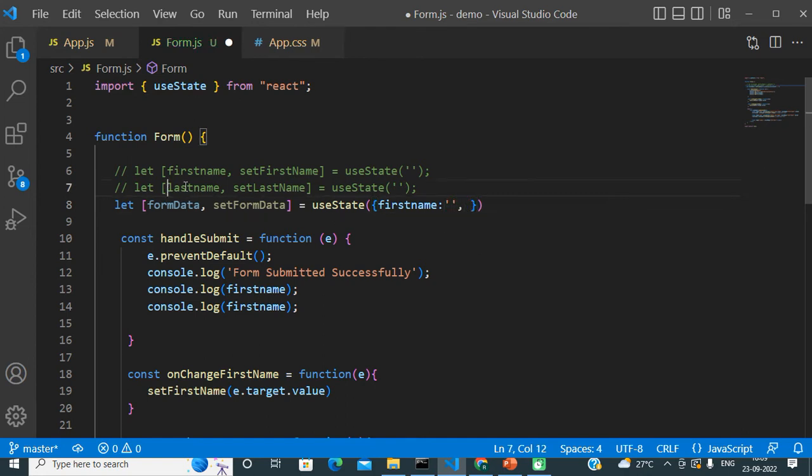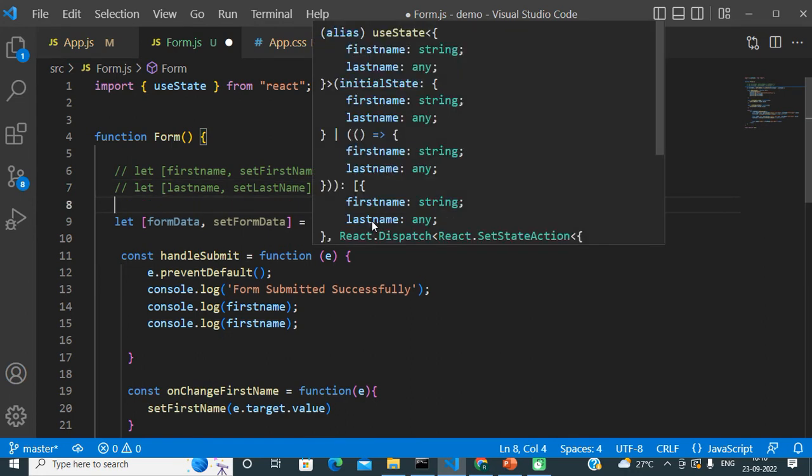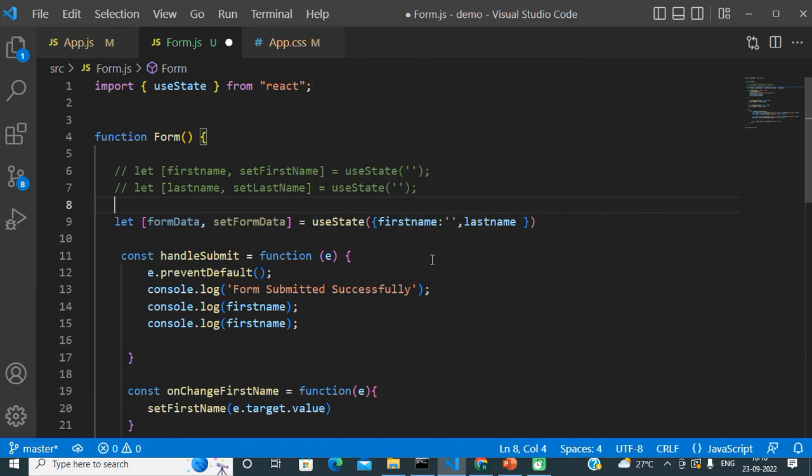So you can definitely understand what I am doing here. I am creating one object. Instead of calling the useState hook twice with two different empty strings, I am calling the useState hook only once in my component, and as the initial value I am directly passing one object.